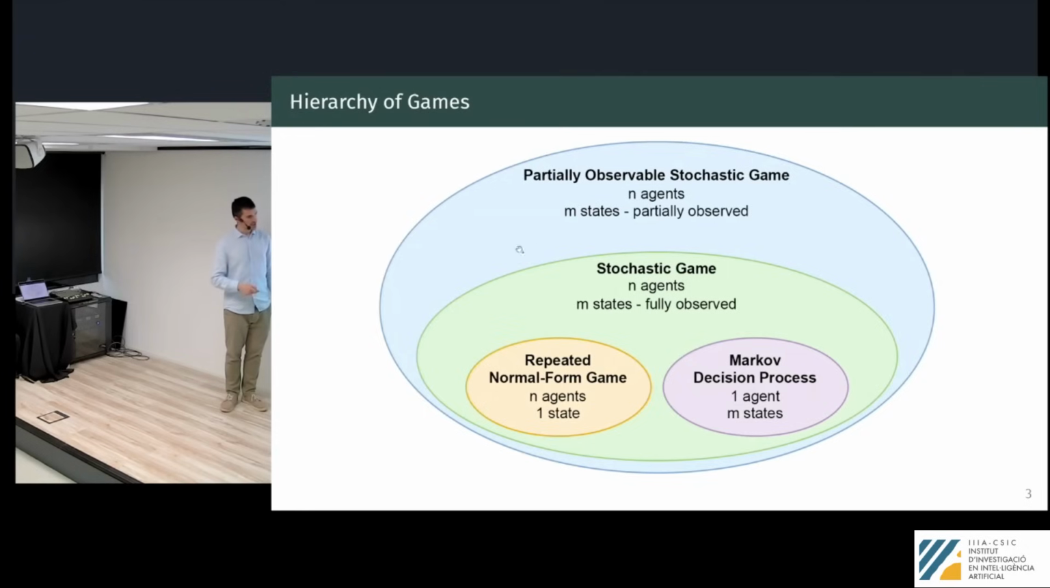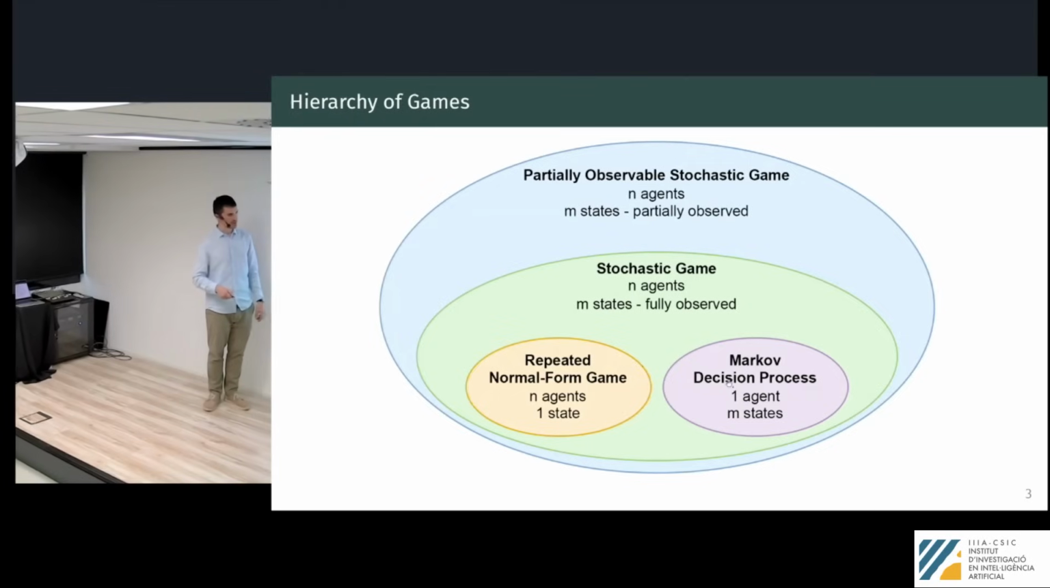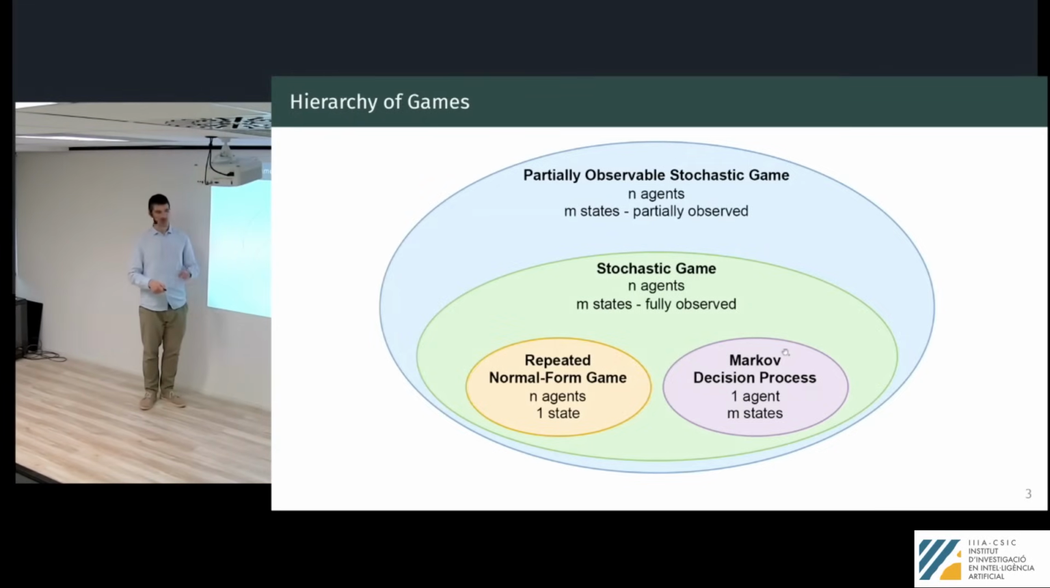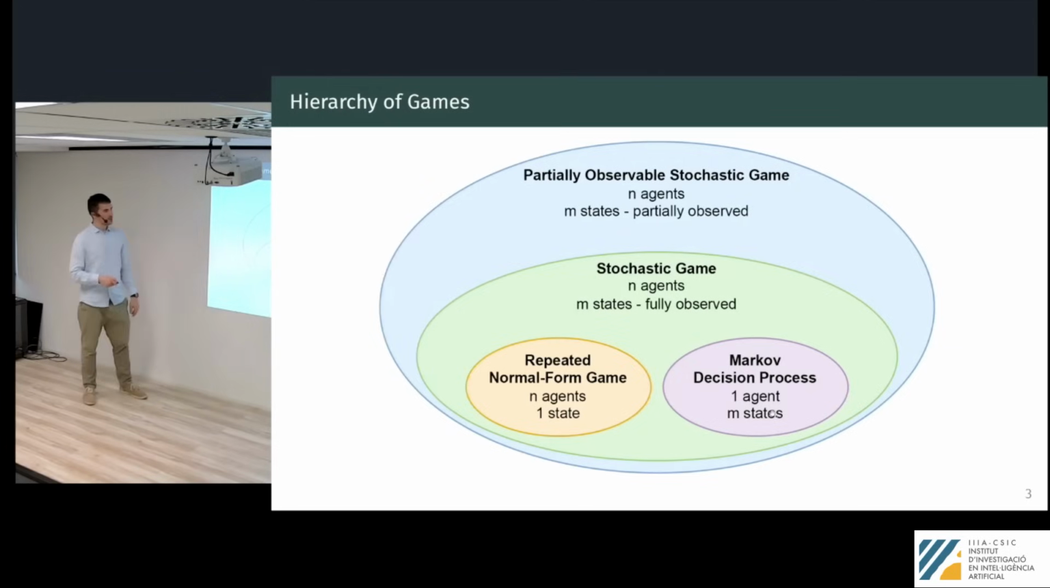The first thing that you recognize already is the Markov decision process. This is the thing that you just learned about. There's only one agent, and there's multiple states that we go through. So the environment has a state, and that changes. That's the MDP. The easiest kind of game model now when we have multiple agents is the repeated normal form